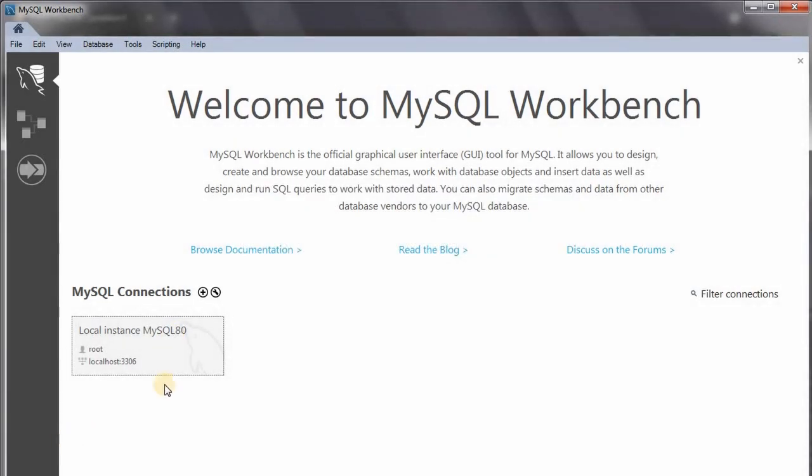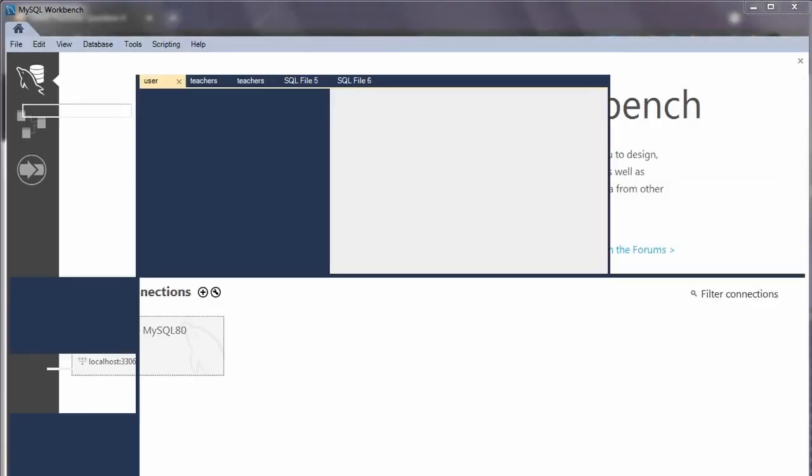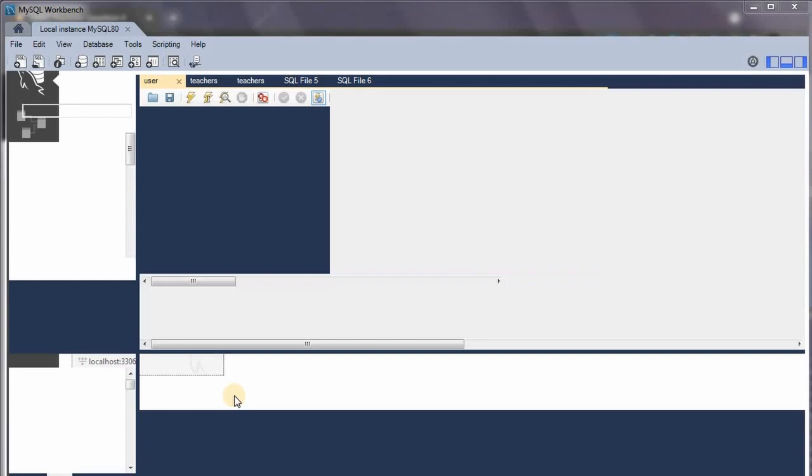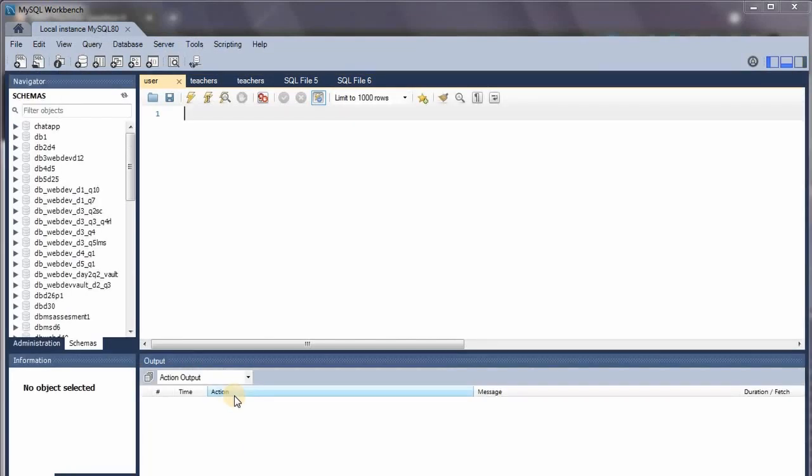I talked about this software in the last video, but for people who don't know about this software, this is the official graphical interface which came with the MySQL service, and this is the only software which supports